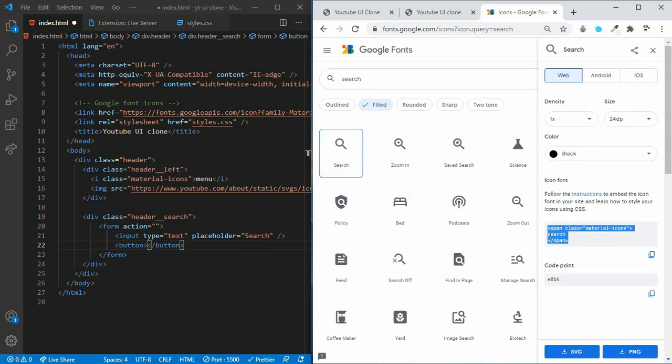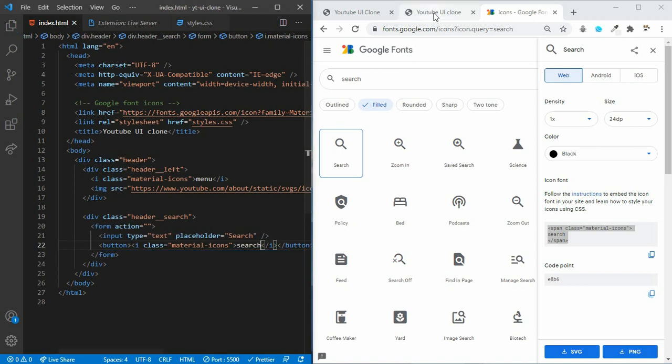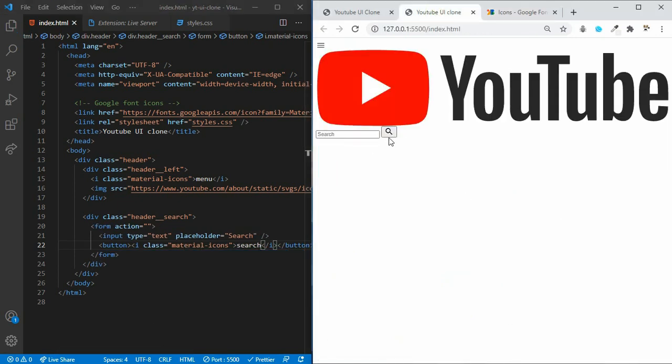So we have to say search here. Inside of this, let's define an I tag with the class name material icons. Inside of the I tag we all have to say search. Let's save this and check. Okay, now we got the search icon.